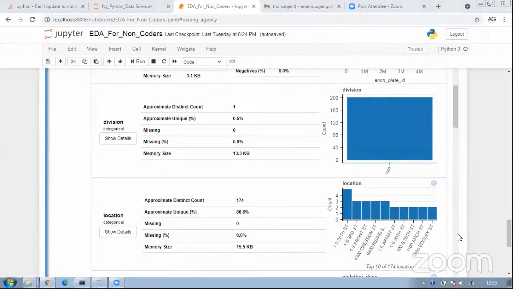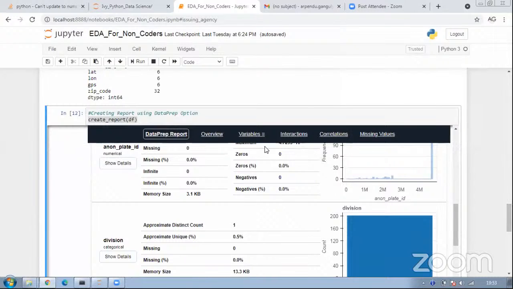Can we have qqplots as a part of this, Kripa? As a part of this, we generally have your box plots and your histograms. QQplots are generally used when we are trying to compare the distribution of a particular variable with a normal distribution. That's where qqplots are very useful.